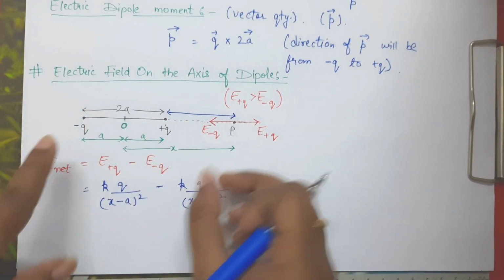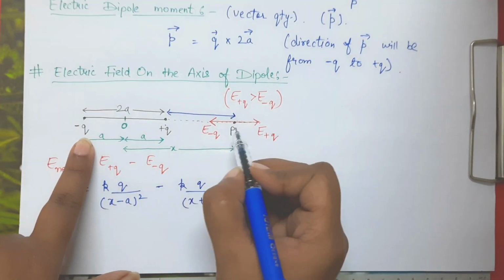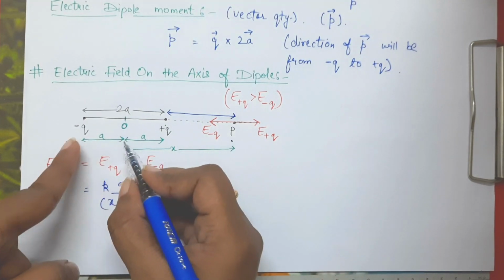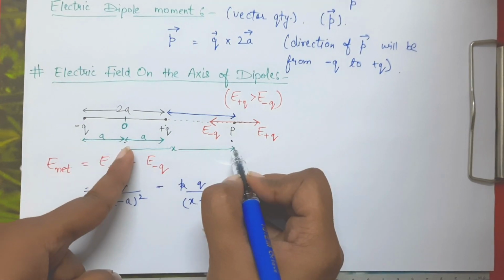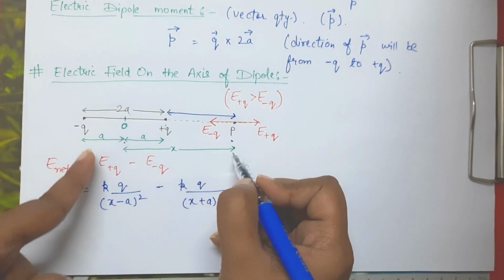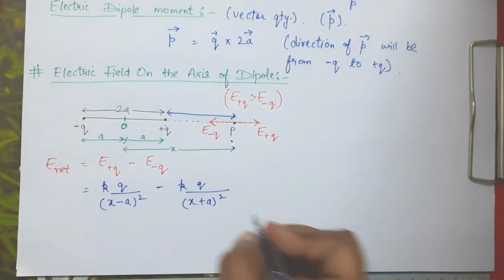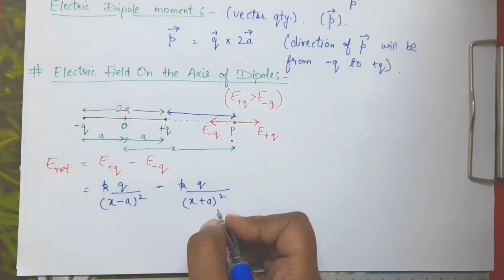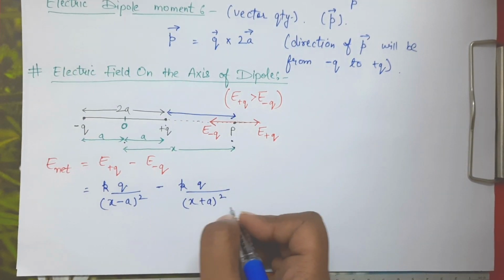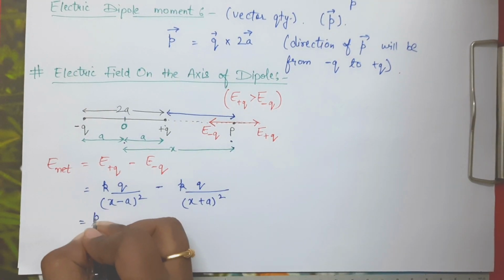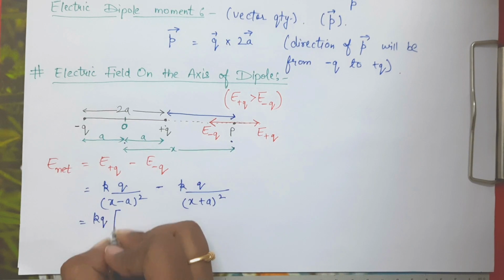Now here we have taken the distance between minus Q charge and point P. So this distance is X and this distance is A. So X plus A will be the distance between point P and minus Q charge. So that's why X plus A whole square. Now we just have to solve this part. We will take KQ as common, so we will be left with